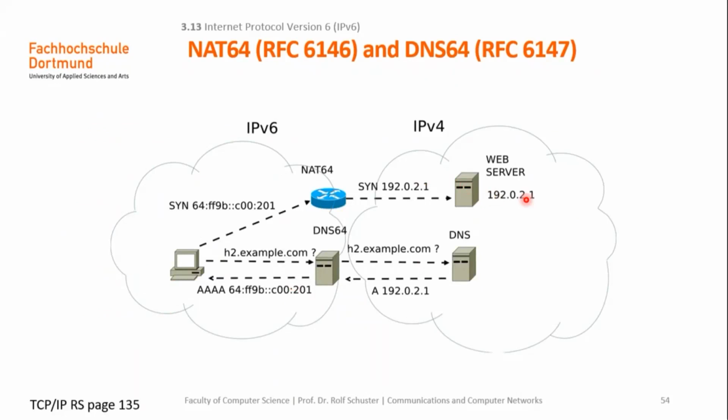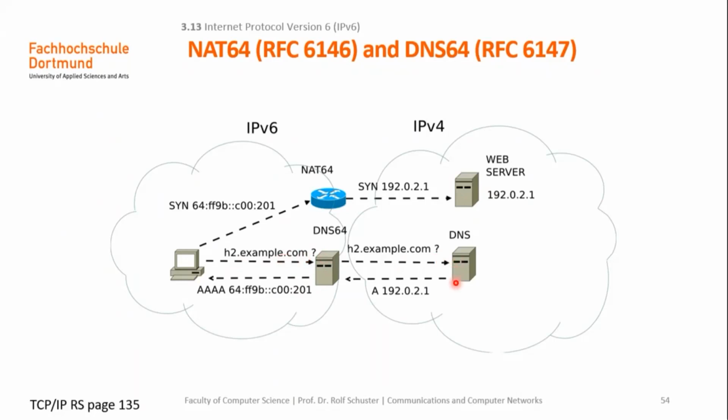Then if this is a typical IP version 6 client that needs to access this server, this host needs to perform a DNS lookup, asking for the name of this web server. But in this case, a particular DNS server receives the query and asks which is the IP version 4